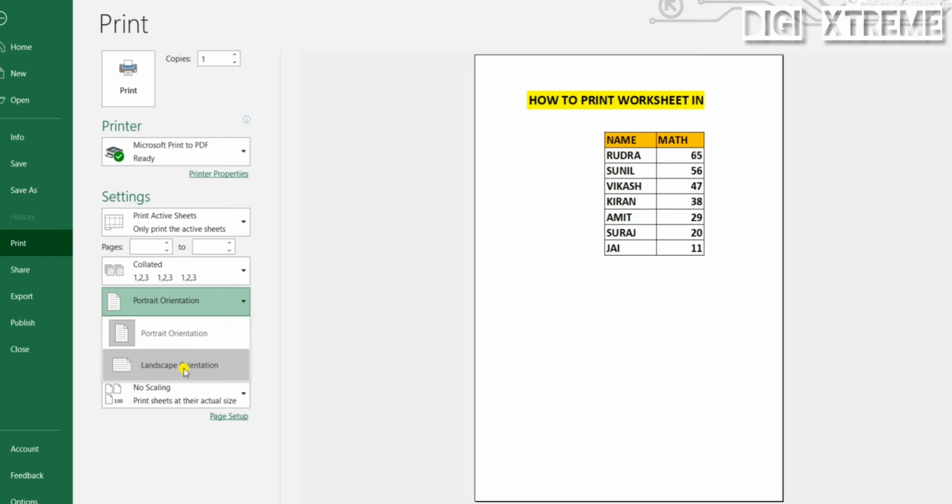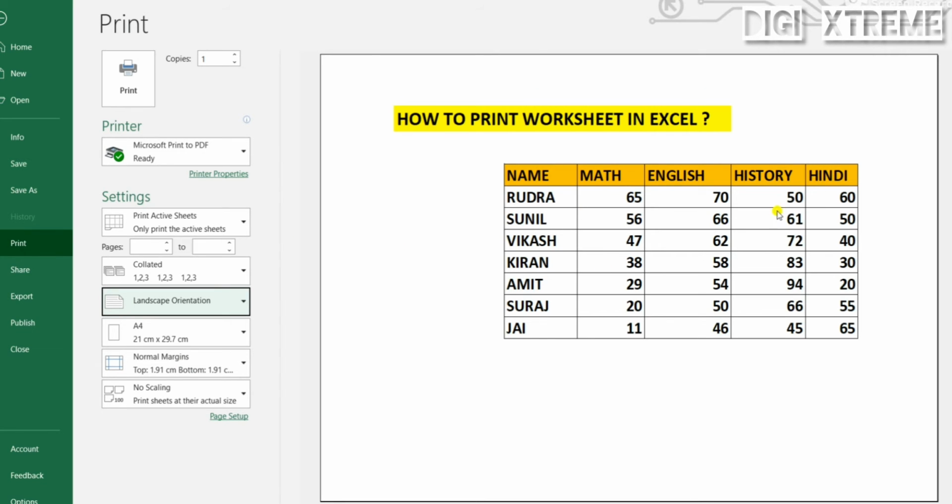Let me show you how it looks if I choose landscape orientation. See, now I have chosen landscape orientation, so my data is showing from left to right. Now all my data is reflecting over here.